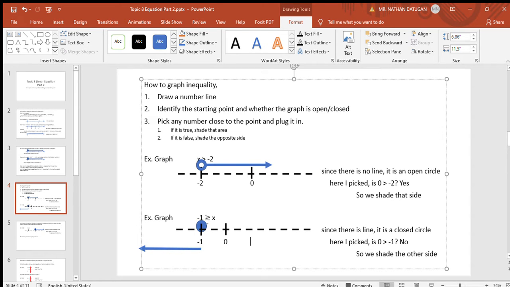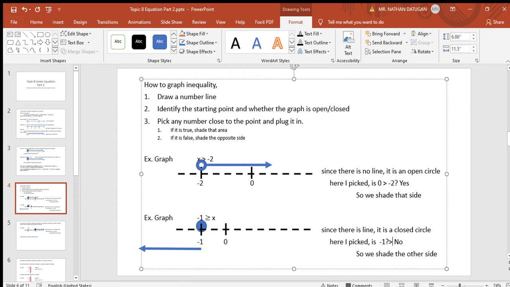Now, we're going to pick a number close to negative 1 and we're going to plug it in. In this case, I chose 0. You can even pick negative 2 if you want, or 1. Doesn't really matter. In this case, it's 0. So we're going to plug in, instead of x, we put 0 is negative 1